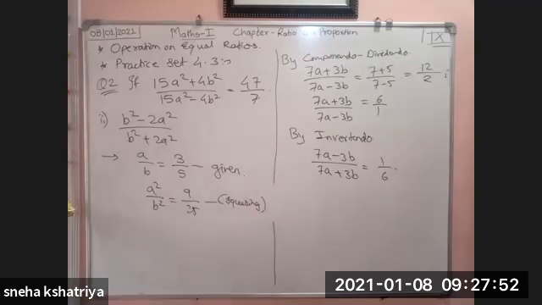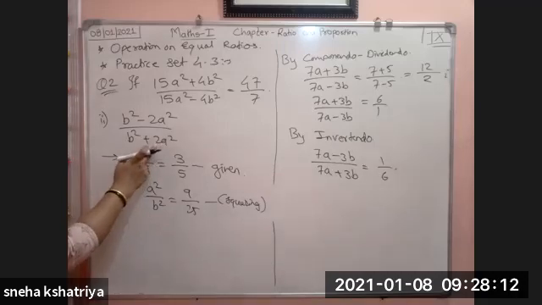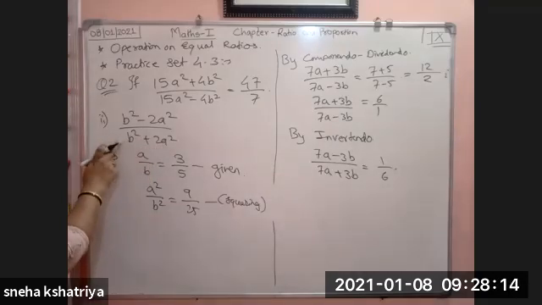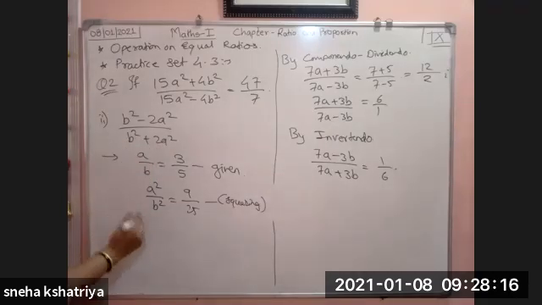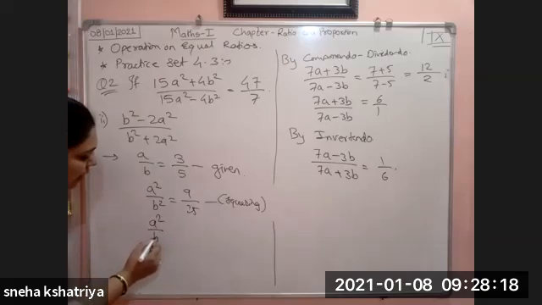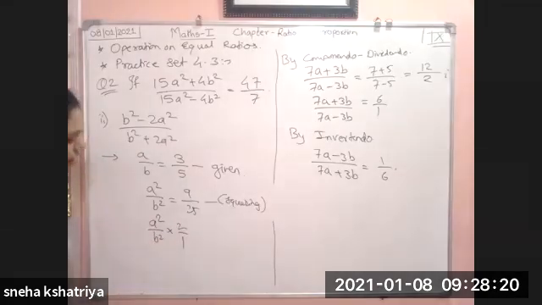Okay, squaring. Now see here, first is the b square term, then is a square. Means numerator should be b square and denominator should be a square. Then only b square plus 2a square, such kind of operations will be carried out. Before that, a square coefficient is 2, b square coefficient is 1. So to this a square upon b square, we have to multiply by 2 upon 1, right?